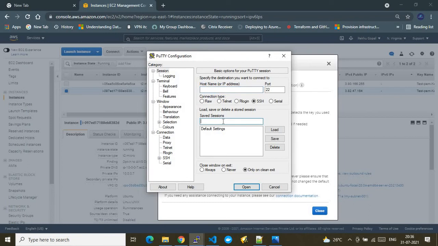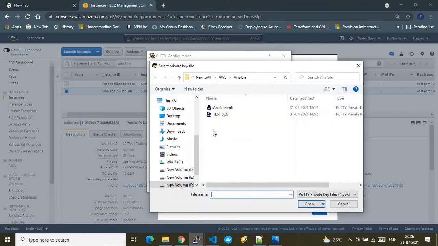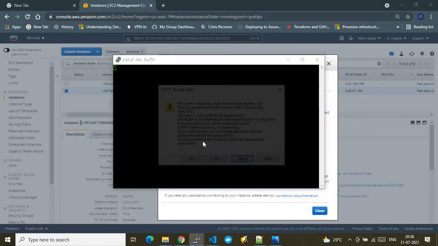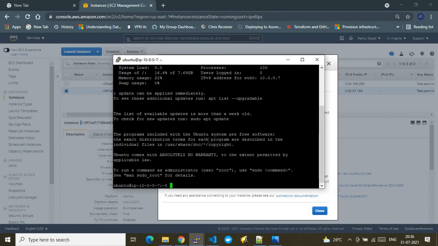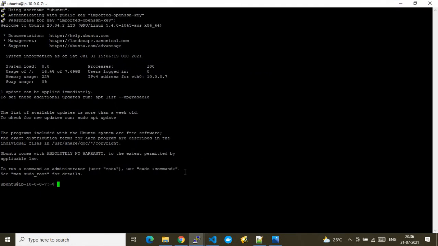I'm just opening two sessions side by side so that I can copy from there and put it here. I will go to the SSH authentication, and I am using the same key for this authentication as well. So let me connect to this VM using the same authentication. Yeah, here you go. It has logged in, and then here you go, I'm into this client VM. The client VM is 10.0.0.7. Now let me again change the context to root. Yeah, I'm in root now.